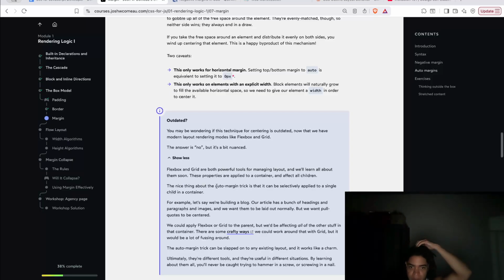The nice thing about the auto margin trick is that it can be selectively applied to a single child in a container. So for example, let's say we're building a blog. Our article has a bunch of headings, paragraphs, and images, and we want them to be laid out normally, but we want pull quotes to be centered. We could apply Flexbox or grid to the parent, but then it affects all of the other stuff in the container. There's some crafty way we could work around